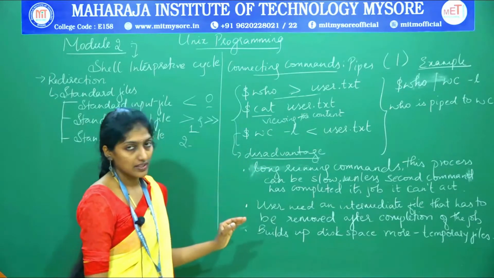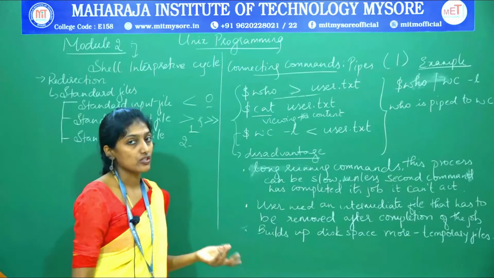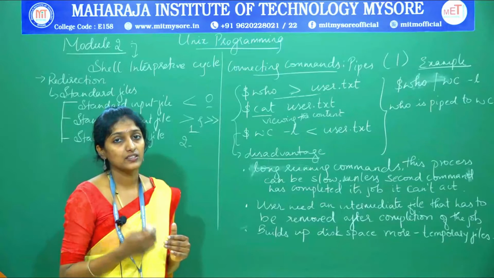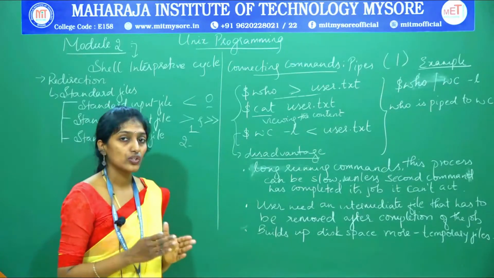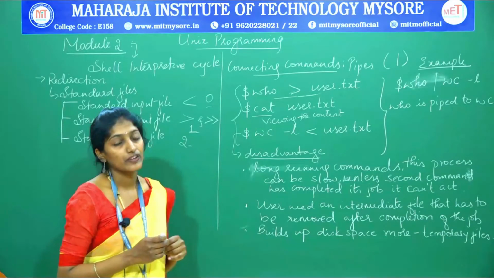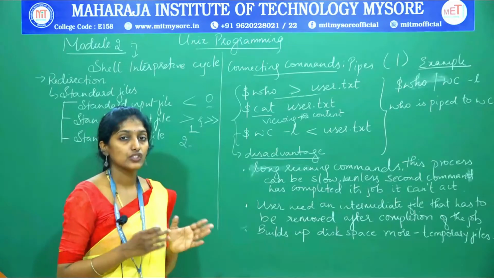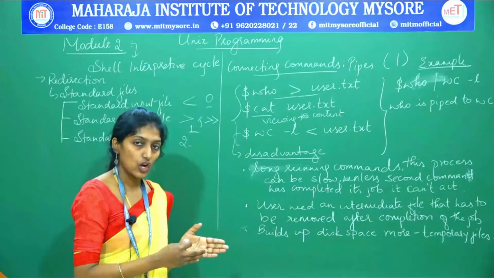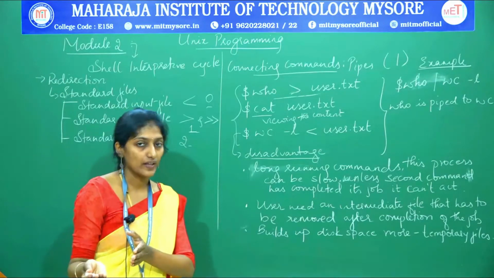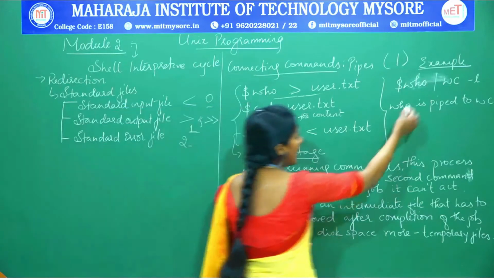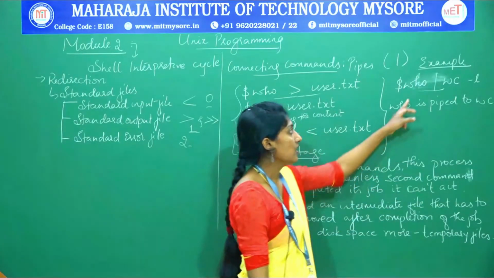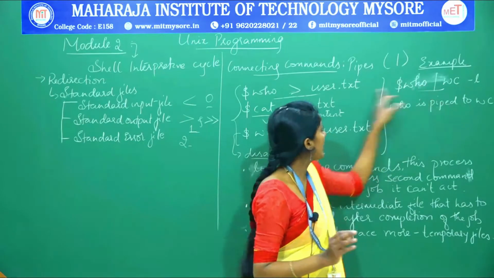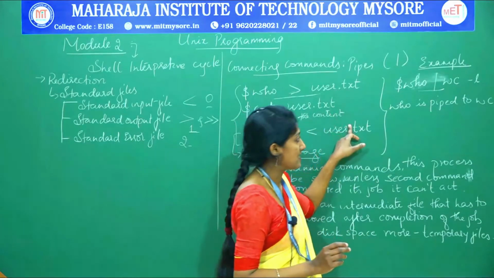Just to avoid this kind of disk usage and slow execution, the shell provides us with a good feature for connecting two commands, that is the concept of pipe. Pipe directly connects two commands, getting the output of one and fetching that as an input to another command. That is what I have written here, as you can see. So I am directly connected, and here we have not used any intermediary file like the user.txt file.